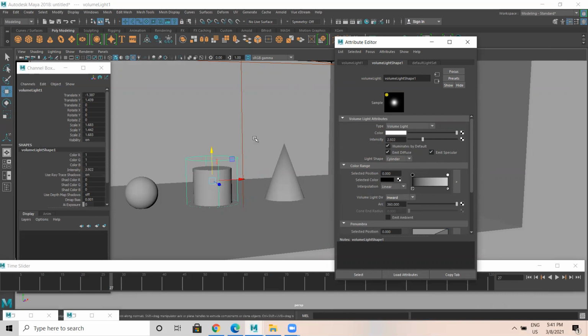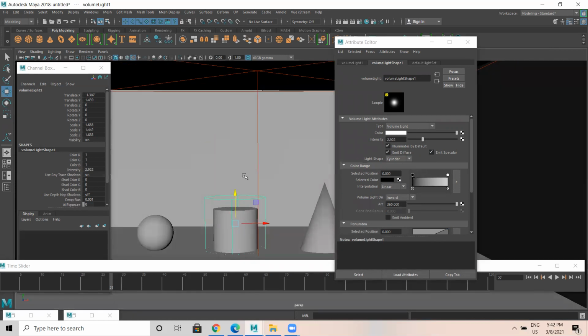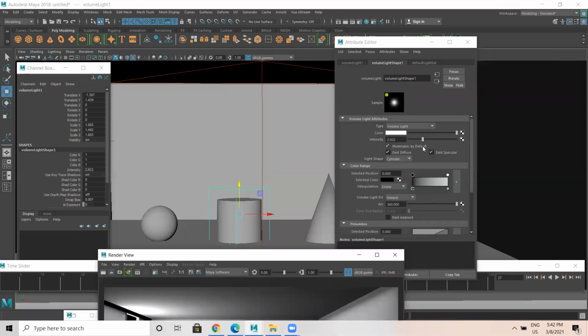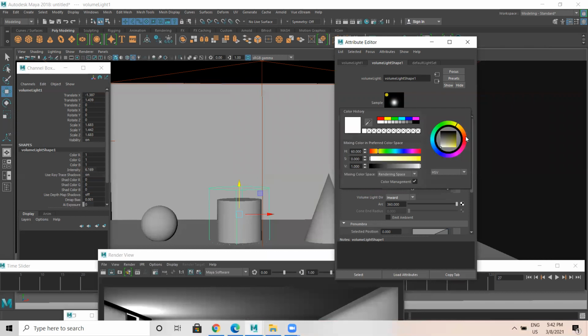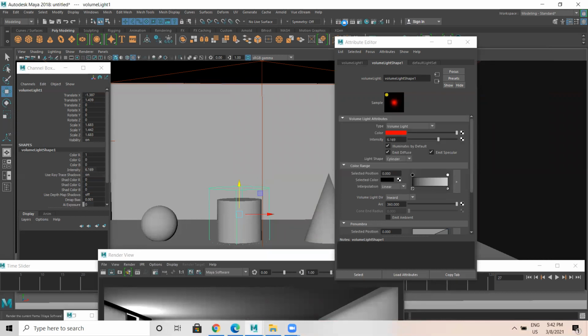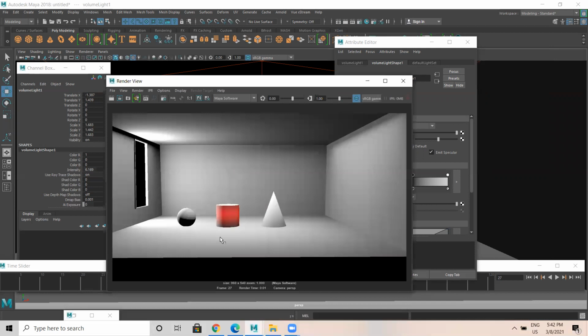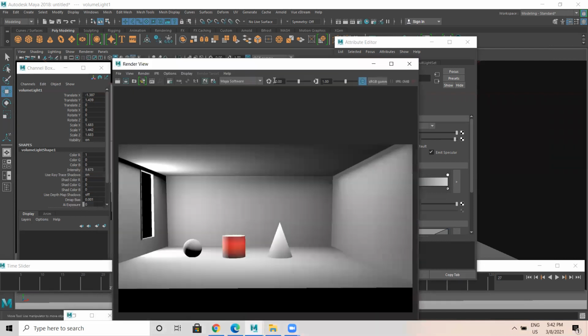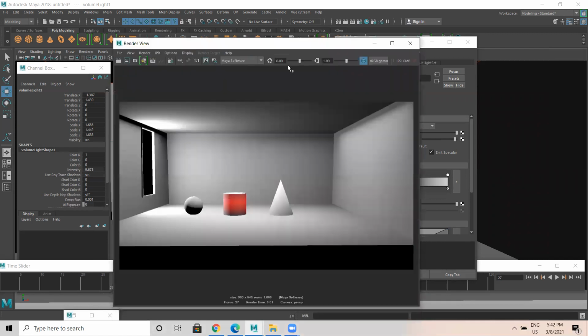Okay, you can increase the intensity. Now I'll just come over here. Then if I take a render, you can see the illumination is a bit more. Now if I increase a bit more and give some other light color, you get only this particular color. So you can define a lot, many things can be done. This is with volume light. So I render this again, you get like this.